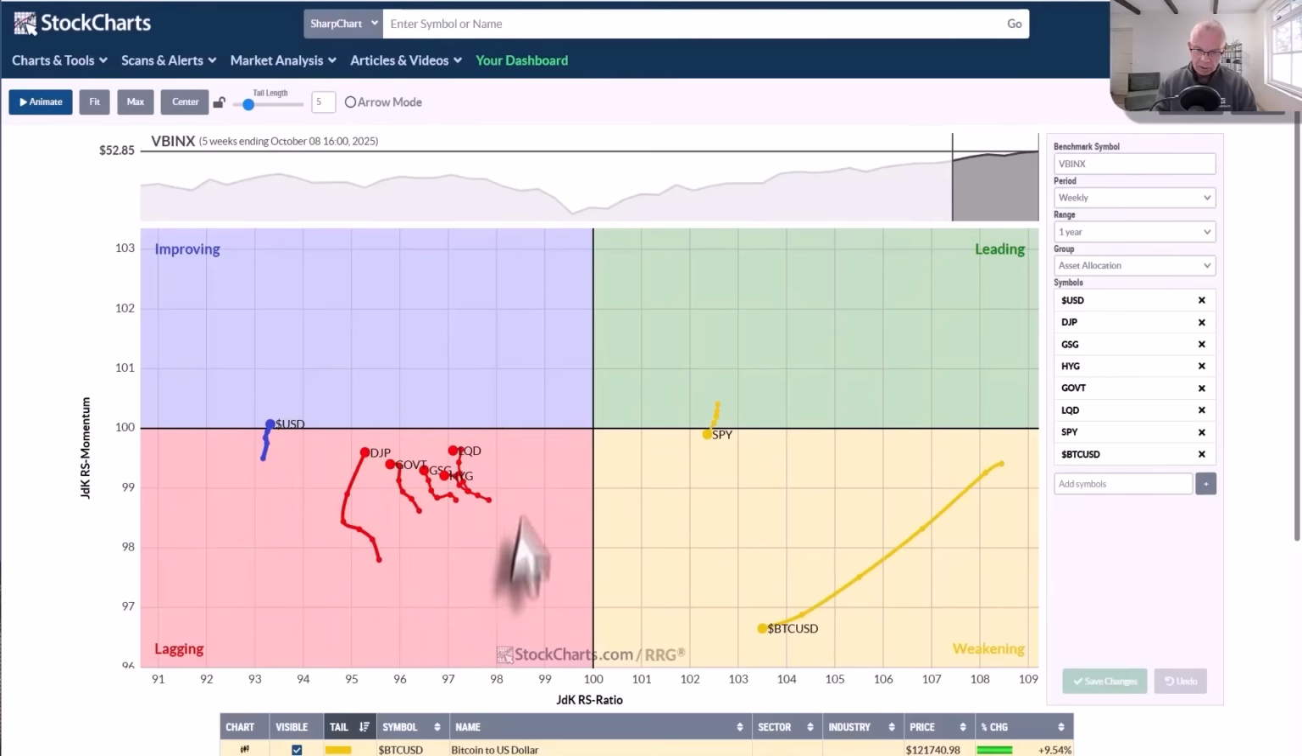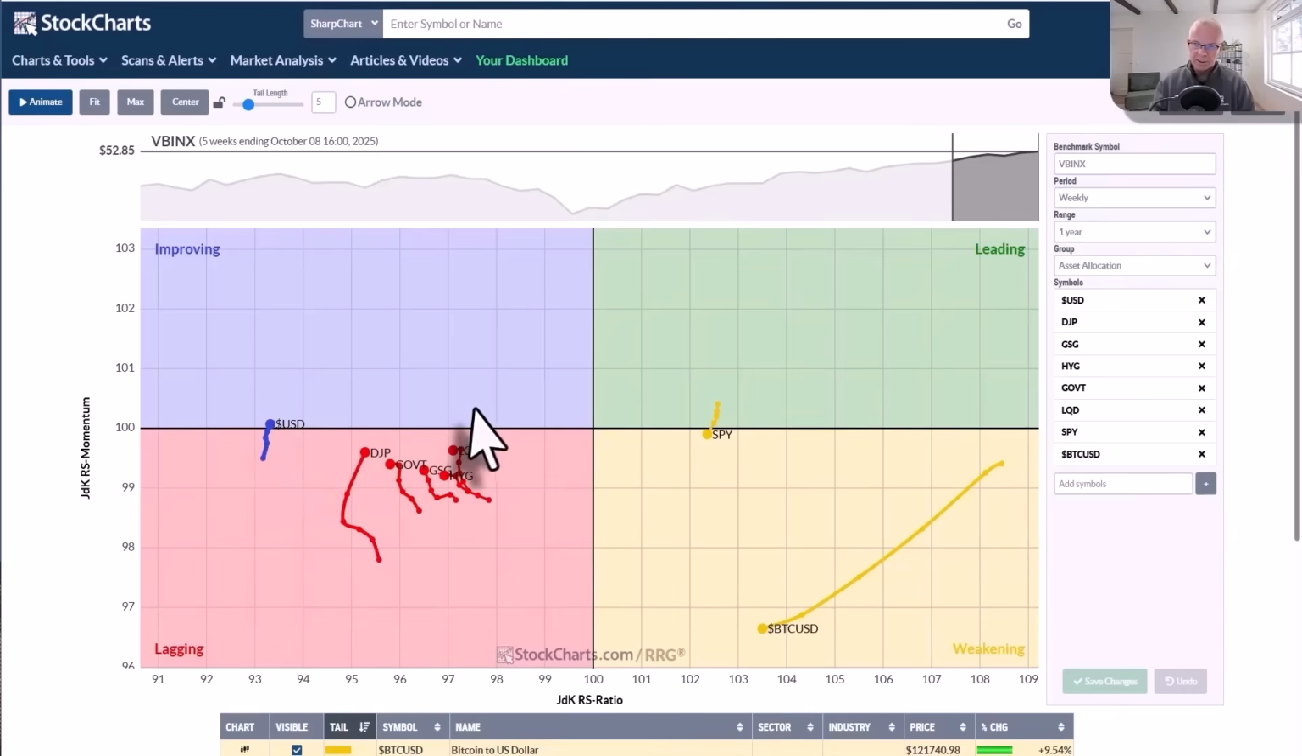Now we've got this whole cluster here in red. That's both commodity indexes, and that's the fixed income. So GOVT, high yield, and LQD are all inside the lagging quadrant, picking up a little bit of momentum. And then the US dollar is picking up. It's moving from the lagging quadrant into improving, just about, and it's representing the recent improvement of the US dollar index. However, it is still at a very low level,